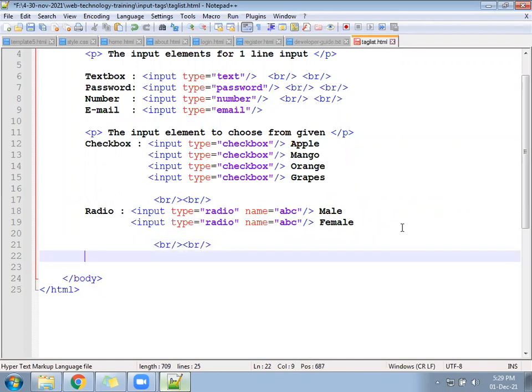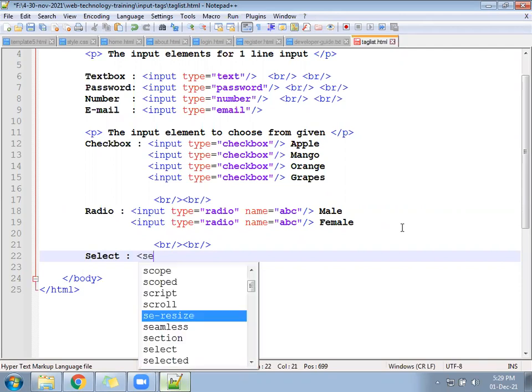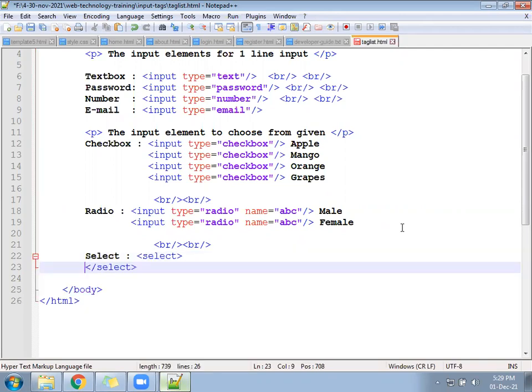You can write here select. Select open, select close. It is called a dependent element because there is an open and close.